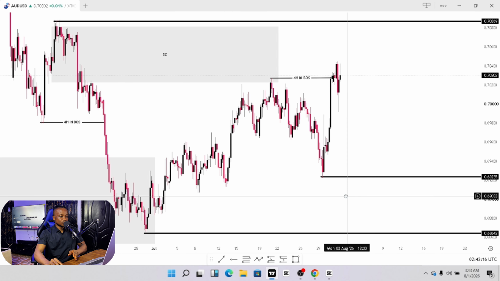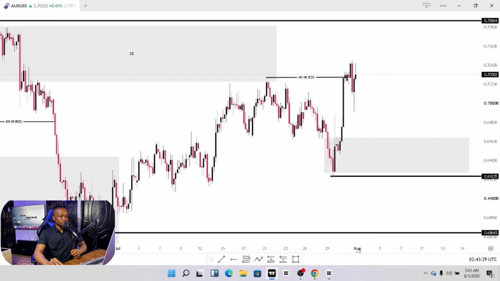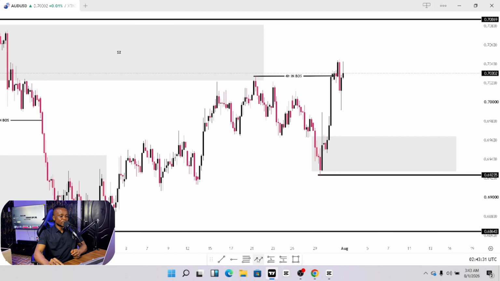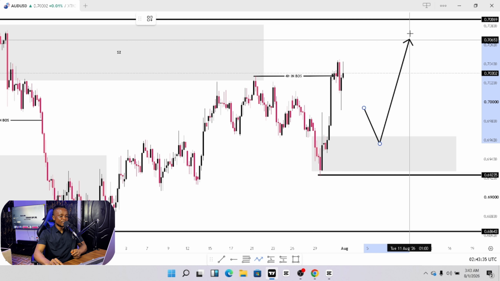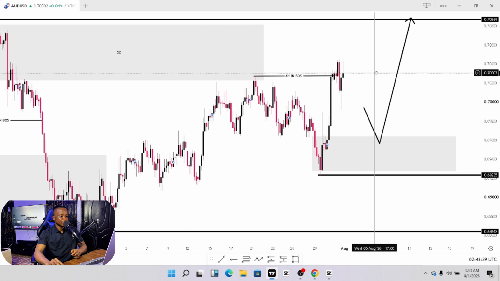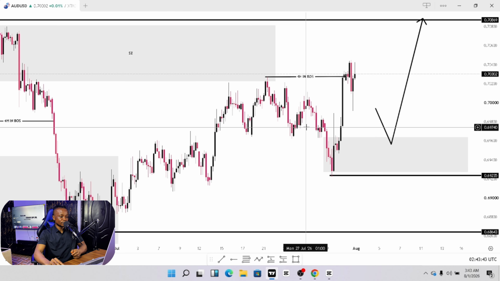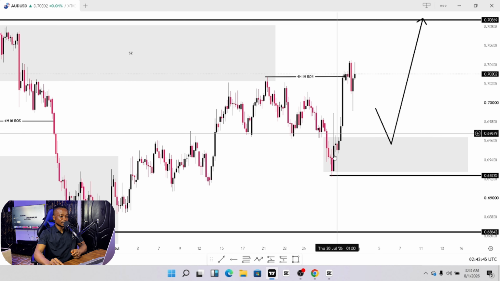Then what do we expect from AUD USD going in next week? We will be expecting AUD USD to pull back here at this demand zone and make its way to the upside to take out this strong internal high. Because for AUD USD to reject this market structure shift here, this entry opportunity present here, and break structure back